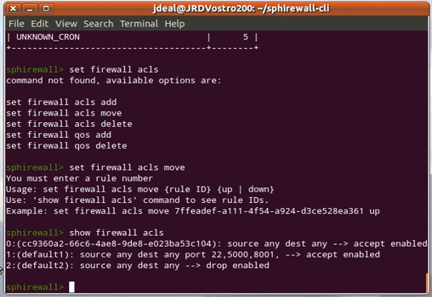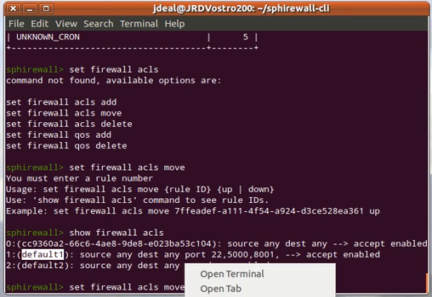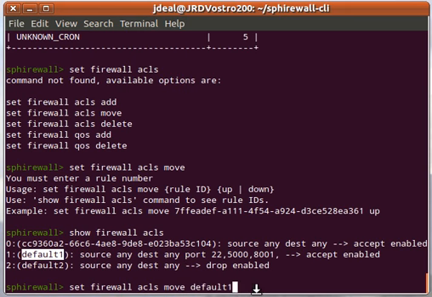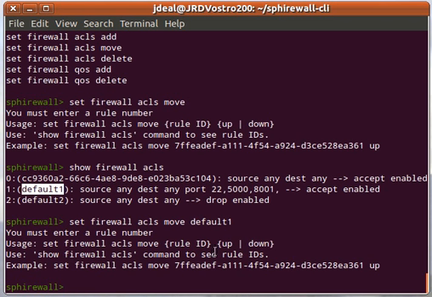If you're used to the old version of this, we used to do it by position, but now we do it by the actual rule number. So what do I want to do here? I'll move this one. So again, copy paste comes to the rescue. So I'm going to do that. We're still not done because we have to tell it what direction we want to move it, up or down. So hit the up arrow, just do up,